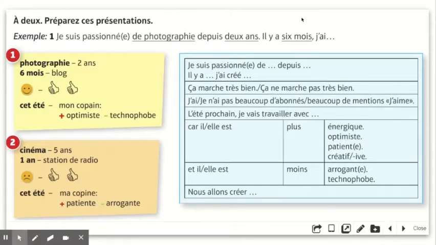And then finally, they give some information about what they're going to do this summer and with who. If you look at it closely, each section of number one, from the photograph, matches up with the start of the sentence builder. So you can use the sentence builder line by line to prepare this information.